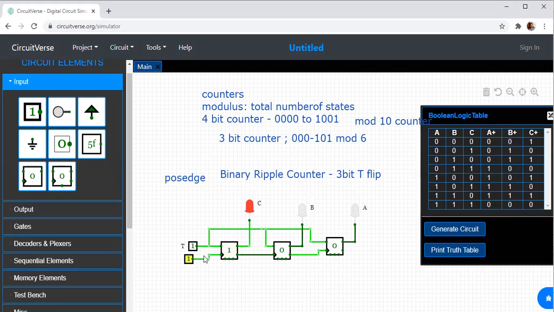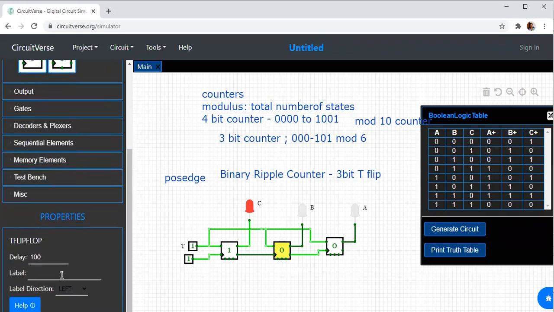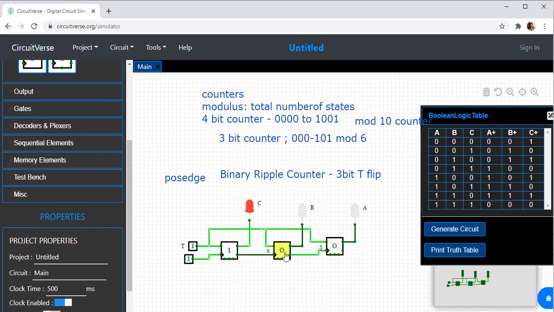Now go to the next one. What is this value? This is the second flip-flop, and I will label this as flip-flop number 2. And let me label this as flip-flop number 3. Now for the second flip-flop, what is the input that is going?